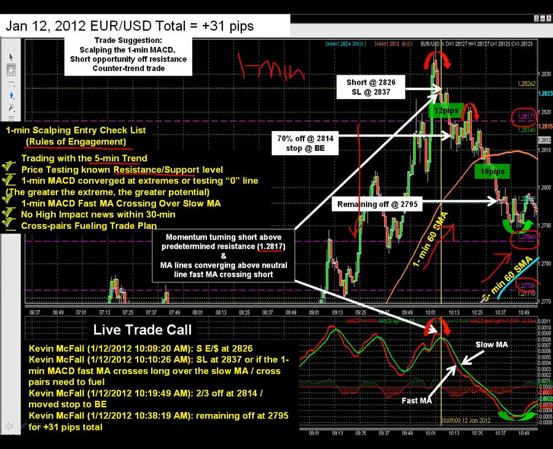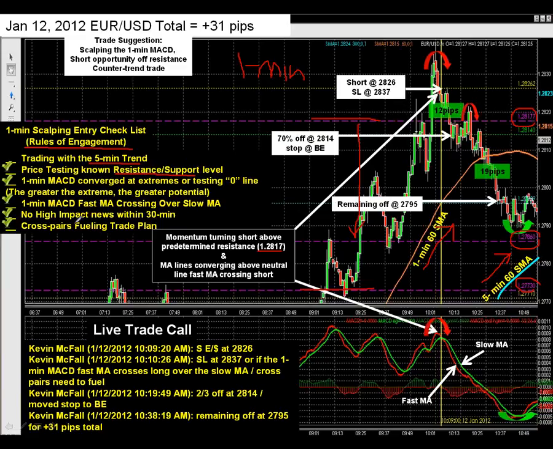You can see from these resistance and support levels how the market has been keeping price in these predetermined channels. Again, these channels are already given to you, so you know where the channel is likely to develop. That is a major help in understanding how to scalp these trades for a significant amount of pips and a low risk trade. I say low risk because we only place a 10 pip stop on all of our scalping trades.